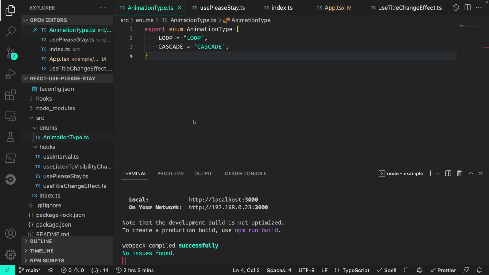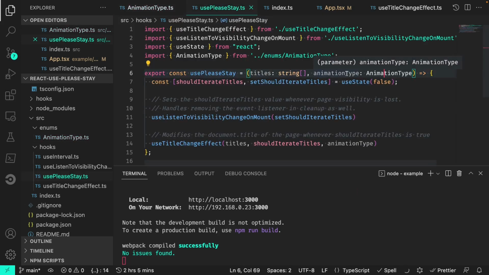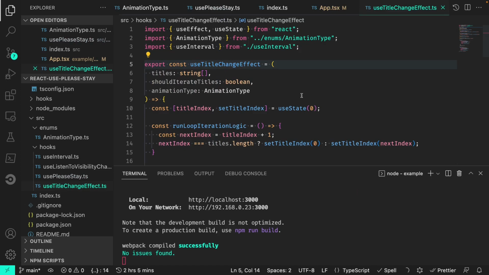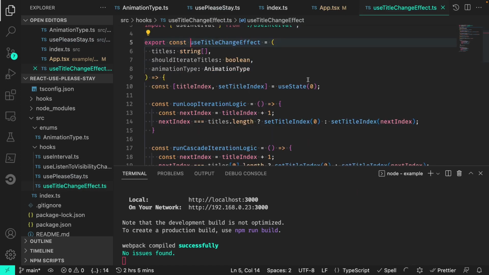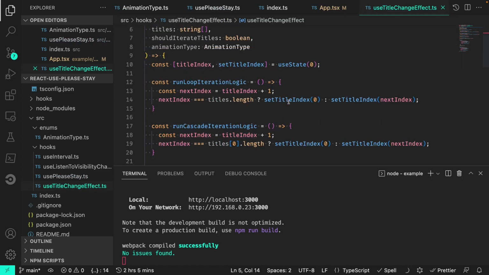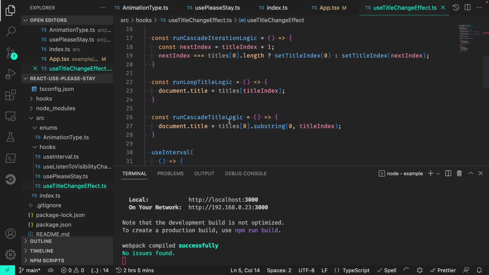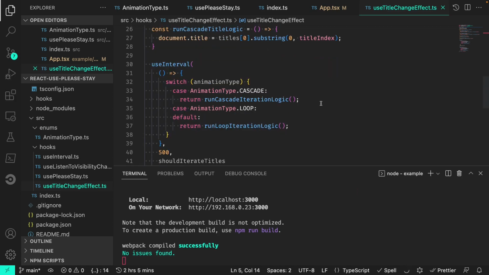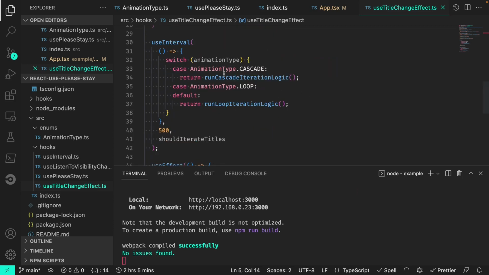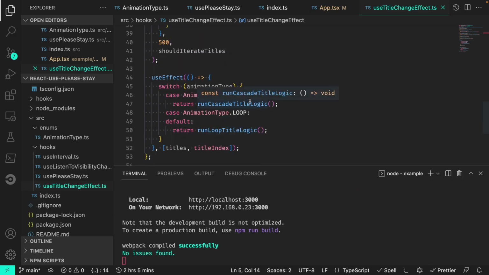In summary, we created a new enum called AnimationType. We added a new parameter called animationType of this new type to our hook. We passed this animationType onto useTitleChangeEffect, and within useTitleChangeEffect, we made some small refactors, re-encapsulating the iteration logics and title logics into their own function, and we leveraged this enum type in a switch case of both the useInterval and useEffect hooks. Finally, we rebuilt our hook and tested it in the example app, seeing that our new functionality